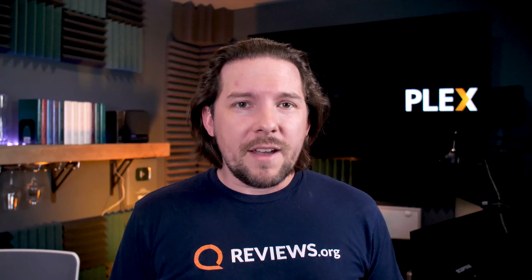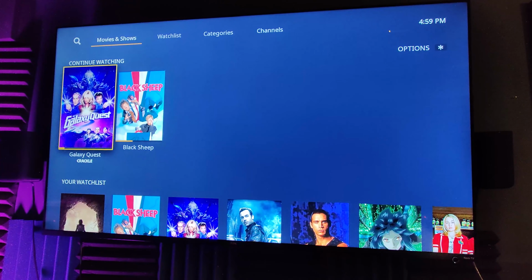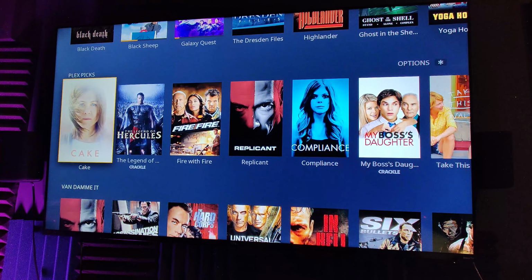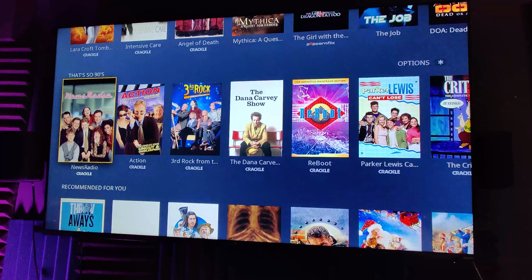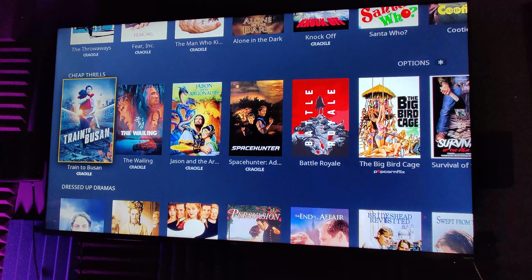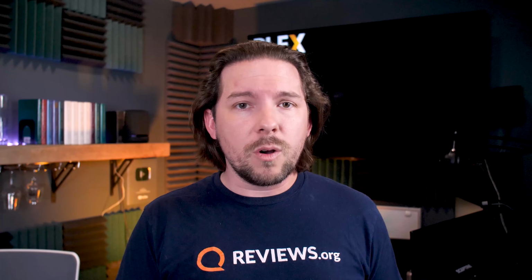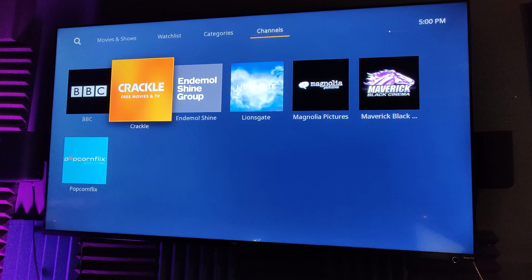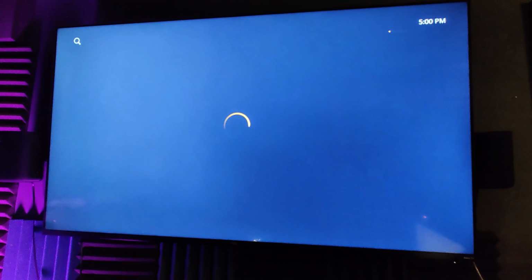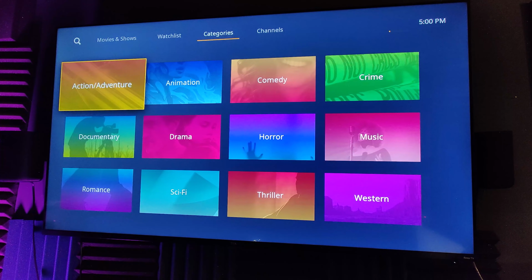And then we move back over to our navigation bar. Right under live TV, you'll see movies and shows on Plex. And that is essentially the Tubi version that I was talking about. Okay, so there's a million of these, Tubi, Crackle, whatever. Anyway, point being, this is a little bit like scrolling through a commercial-supported Netflix. Tons of titles for you to choose from, and I do like that they have it sorted in a few different ways. So you can go to the browse page and look at stuff that they are recommending for you. You can go to the channels page so you can see by studio or by provider which thing you might be interested in watching. Or you can go and browse by genre and find something that you might be interested